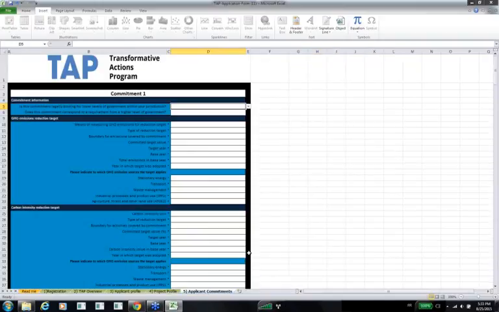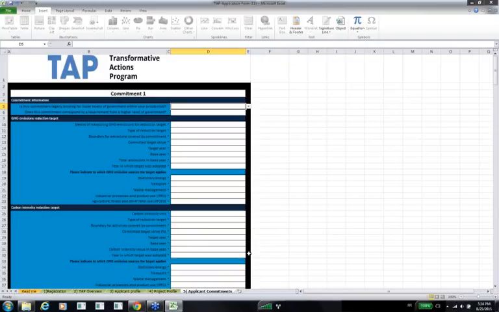Now onto the very last tab. This is the Applicants Commitment Tab. Now this is, as I said, the only one that is not mandatory. It's there if the local government that you represent has decided on specific climate targets, either mitigation or adaptation. You can report them in this sheet in order to show how the project that is submitted can help reach these targets, or how the commitment itself can be transformative.